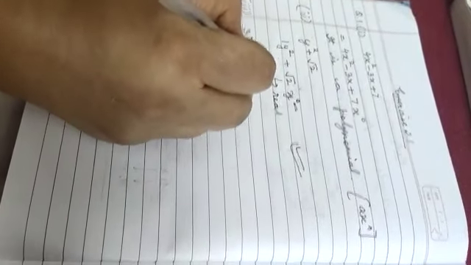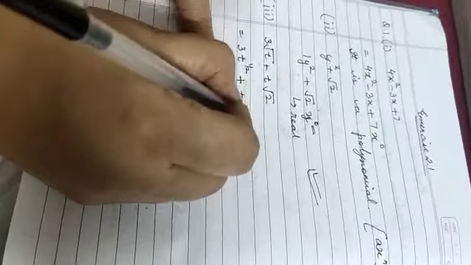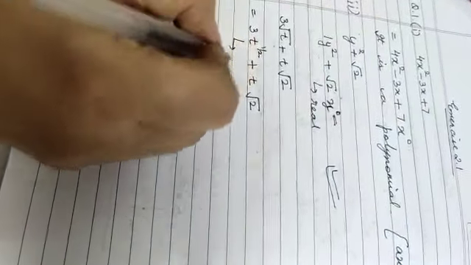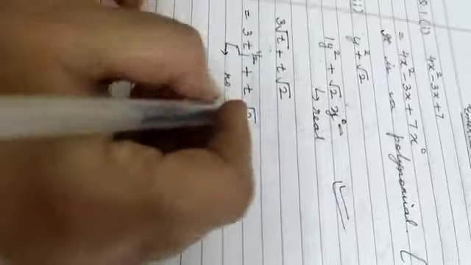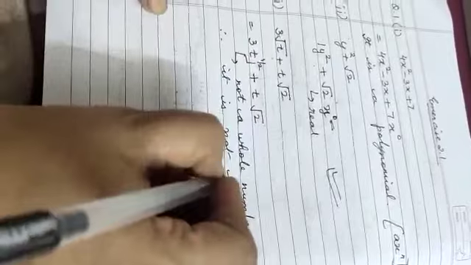The third part is 3 root t plus t root 2. Now in this, what is the power of t? t has the power half. Root means the power is half, plus t into root 2. Here you can see the power is not a whole number. Therefore it is not a polynomial. I hope I have made myself very clear.